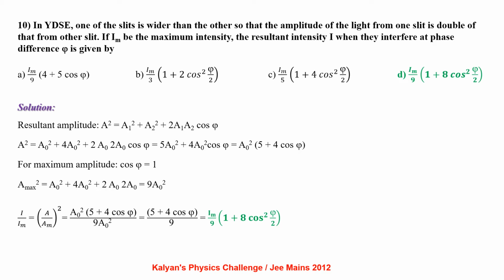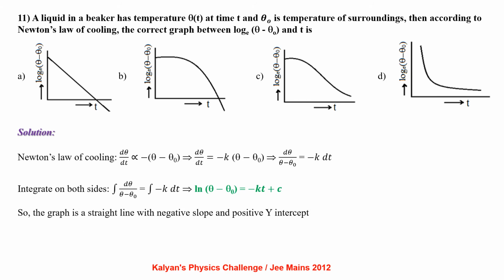A liquid in a beaker has temperature theta at time t and theta naught is the temperature of the surroundings. Then according to Newton's law of cooling, the correct graph between log of (theta minus theta naught) and time is: